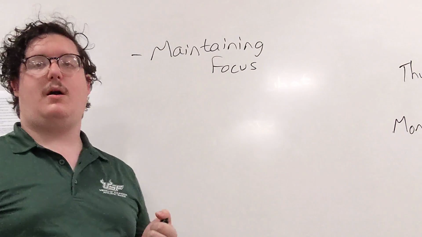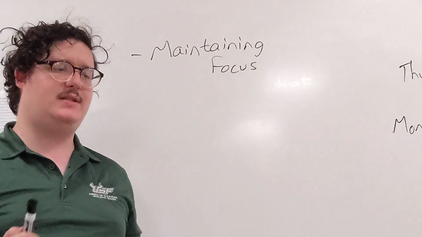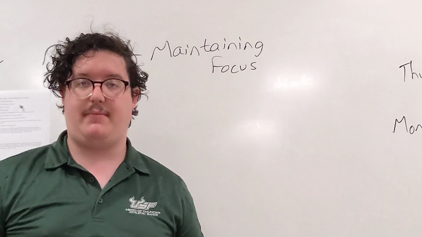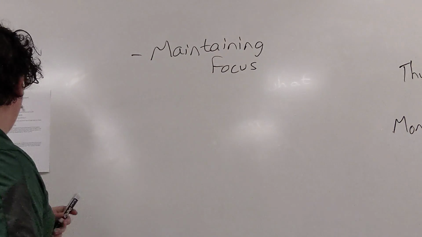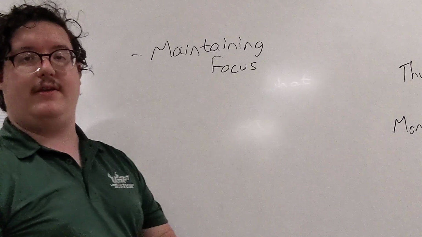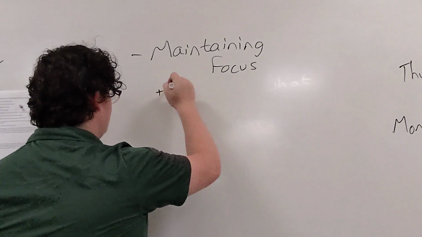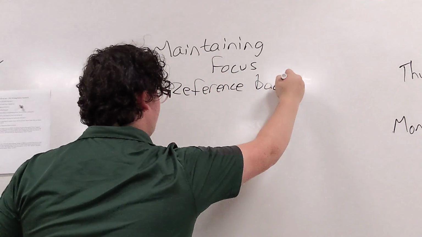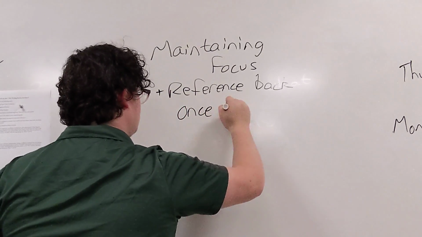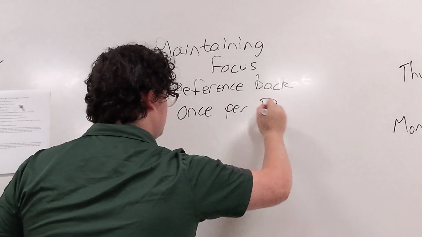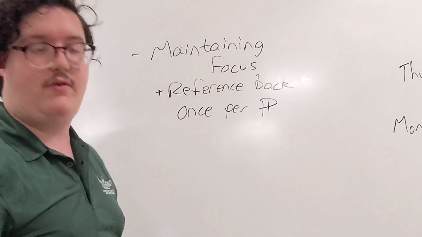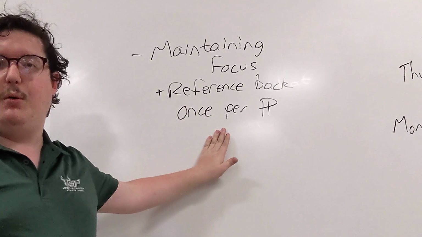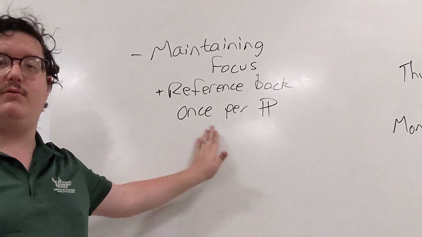Now, a couple tips for that. I find a lot of people tend to get distracted and they switch to a different topic halfway through their essay. This will help stop that. First things first, your first tip is to reference back to the thesis in every major body paragraph, once per paragraph. And this is a paragraph symbol, by the way, if you've never seen one. Referencing back once per paragraph essentially means you can do this at any point in a body paragraph, but make sure you have at least one reference back to your thesis.